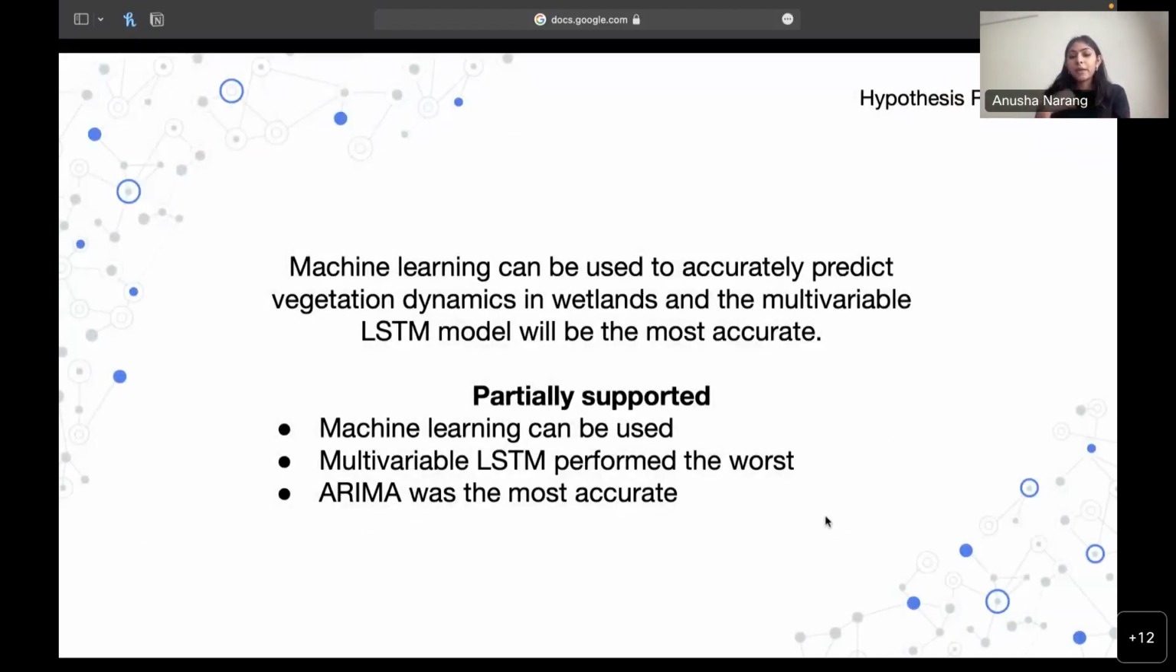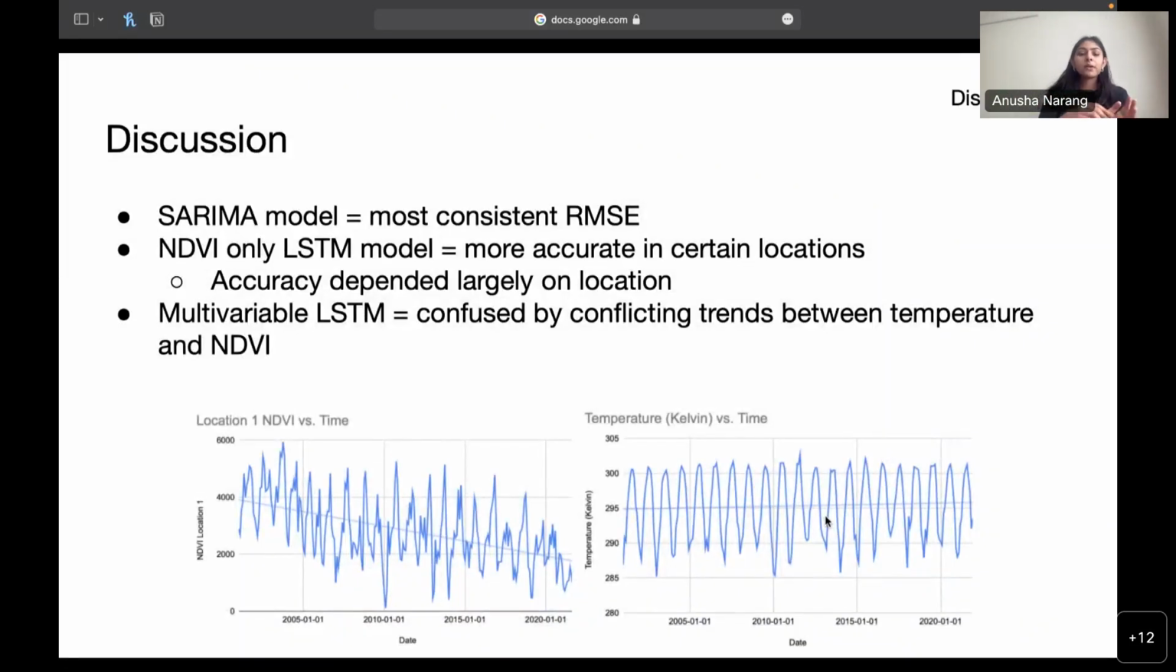As a reminder, my hypothesis was that machine learning can be used to accurately predict vegetation dynamics in wetlands, and that the multivariable LSTM model would be the most accurate, and this was only partially supported. I learned that machine learning can be used to accurately predict vegetation dynamics. However, the multivariable LSTM model performed the worst, and the SARIMA was actually the most accurate. And so what I found was that the SARIMA model had the most consistent root mean squared error, and the NDVI only LSTM model